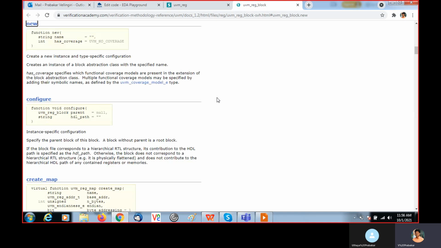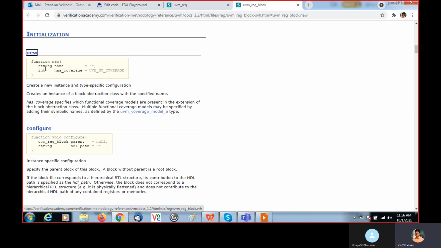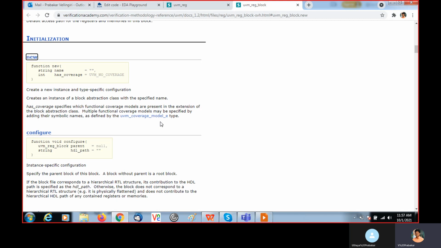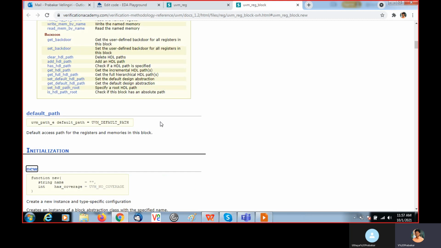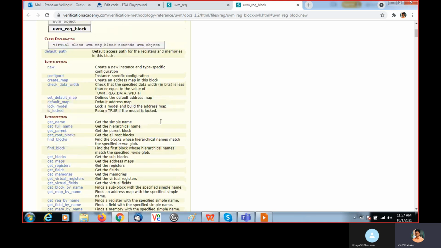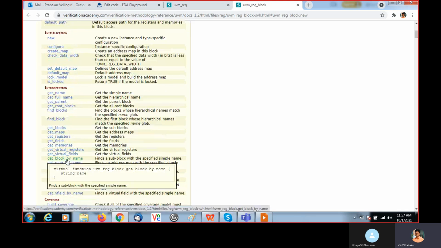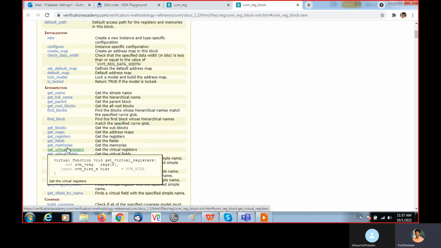You have to pass two arguments: one is the string name, the other is has_coverage. By default it is UVM_NO_COVERAGE. If you want to check coverage, you need to pass the coverage types. These are all the methods available in the uvm_reg_block. If you want details about any of them, you can click and see the arguments and why it is used, the purpose of each method.